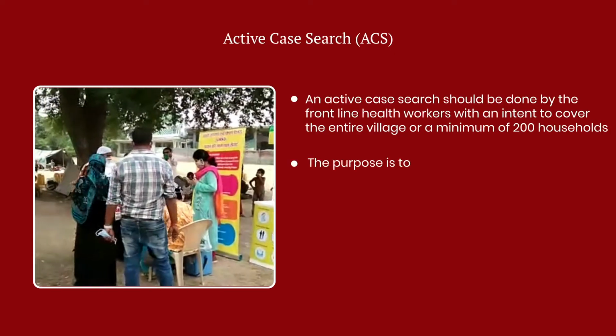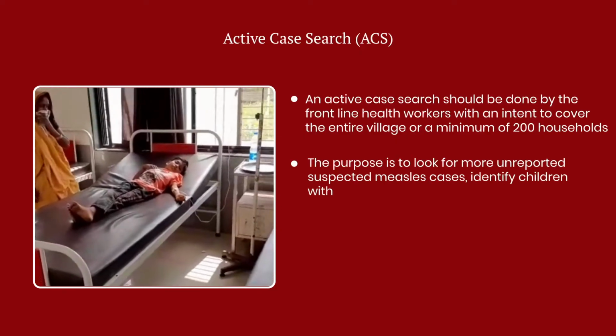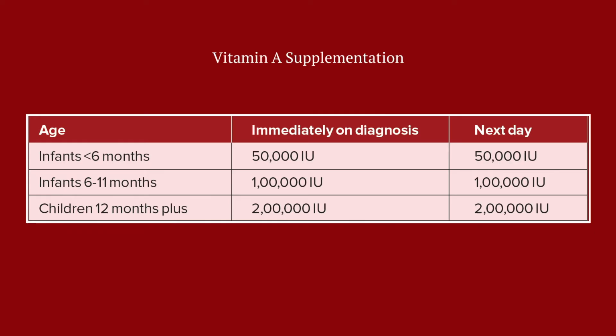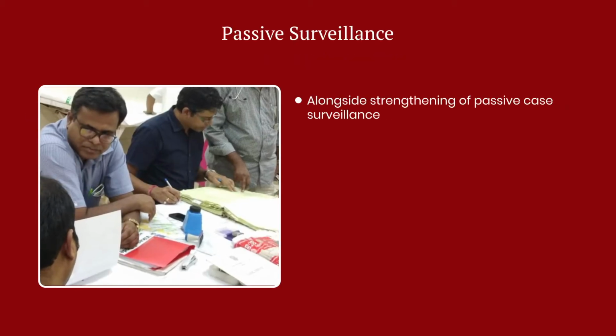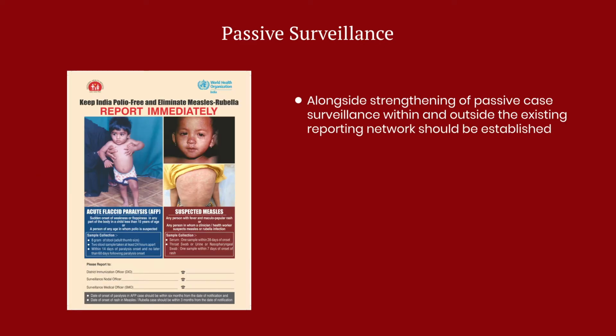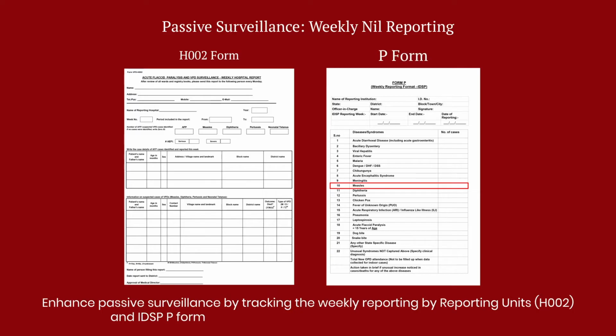The purpose is to look for more unreported suspected cases, identify children with complications, and provide age-appropriate doses of vitamin A and referral services to subjects. Alongside, strengthening of passive case surveillance within and outside the existing reporting network should be established. Hence, passive surveillance by tracking the weekly reporting by reporting units H002 and IDSP-P form within the affected block, including